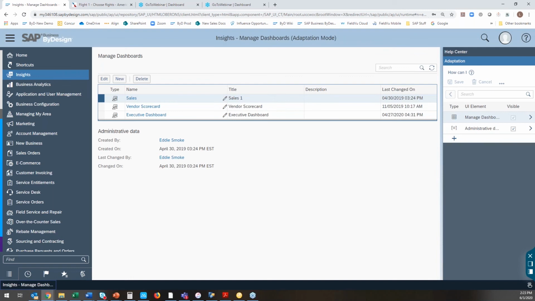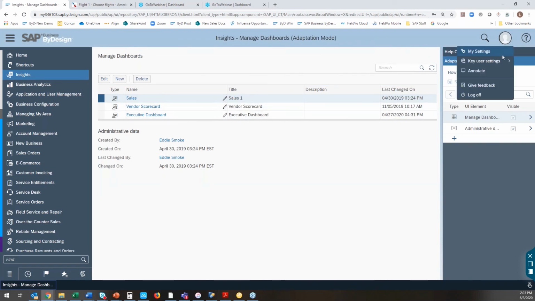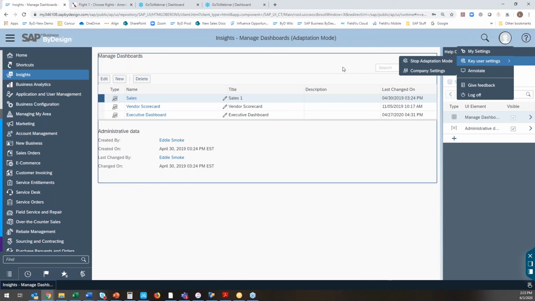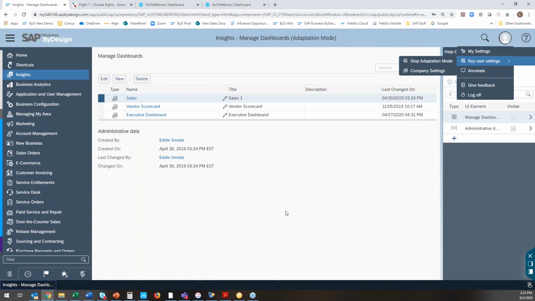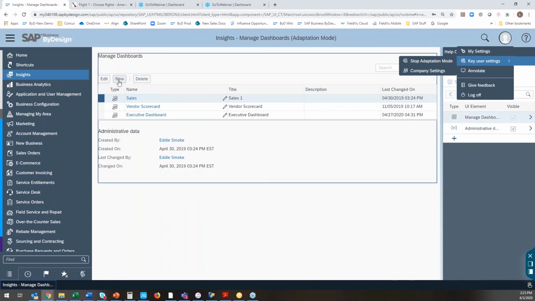I've got a couple that I was working on that haven't been deployed to myself. These are more again in my adaptation mode. So again, you would go into your key user settings, start adaptation. You'll see obviously your boxes pop up here. And then when I want to create a new dashboard,